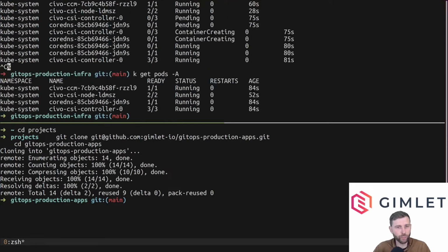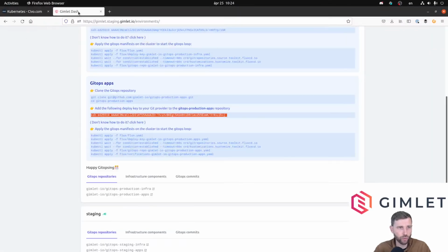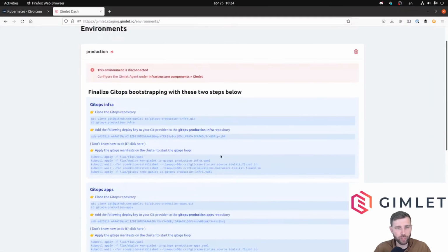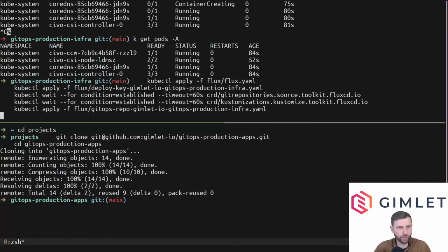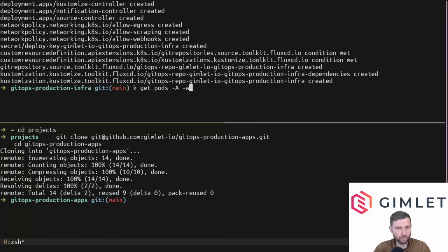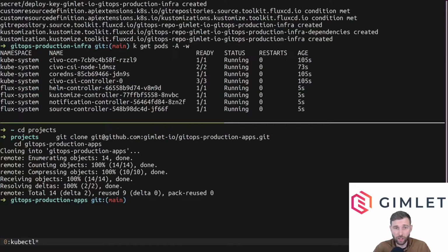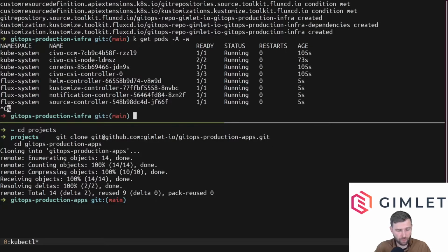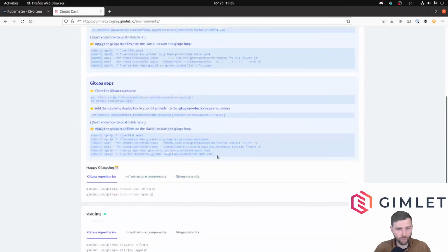Here we go. We have all system pods up and running. So to finish the environment bootstrap, let me apply Flux on the cluster. So Flux is running, and let me just do the same for my application